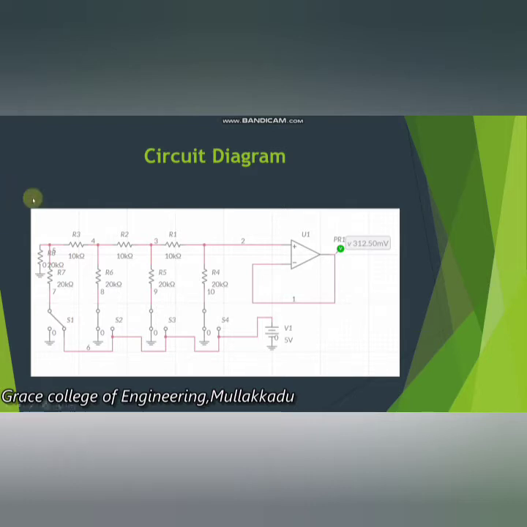Okay, this is an R to 2R network. R is 10 kilo ohm and 2R is 20 kilo ohm. In this manner, we have chosen the R to 2R network resistance values as 10 kilo ohm and 20 kilo ohm, and this is given to the positive terminal of the operational amplifier, and the feedback is given from the output terminal to the input terminal. We are going to take the output at the 6th pin of the operational amplifier.